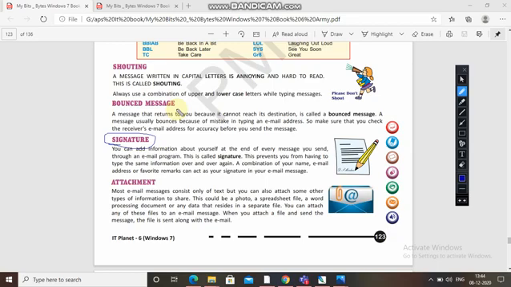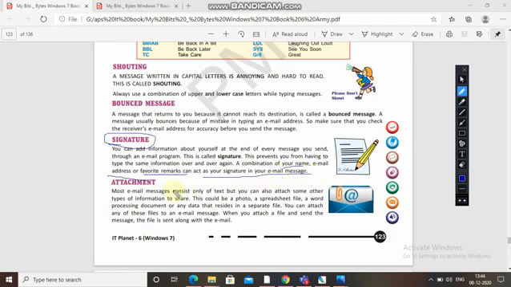This prevents you from having to type the same information over and over again. A combination of your name, email address or favorite remarks can act as your signature in your email message. So this is also very helpful: instead of writing long information about yourself, you can just use a combination of your name, email address or favorite remarks as a signature.